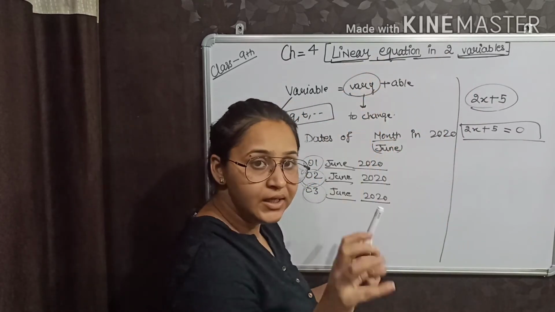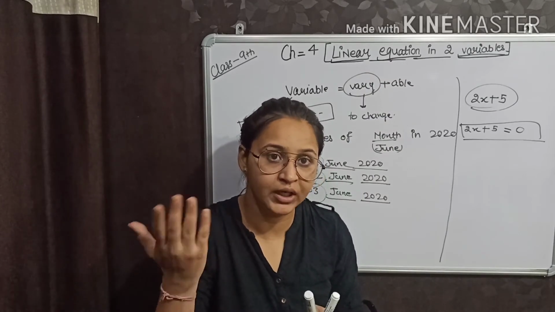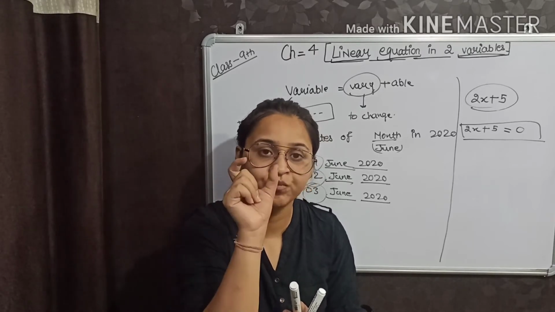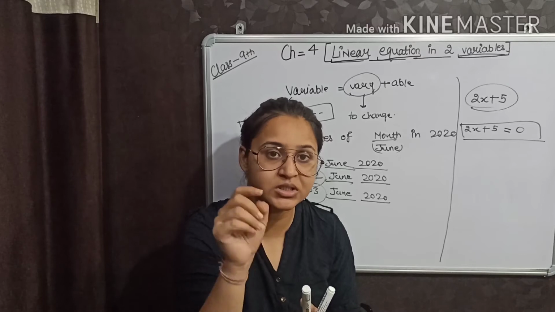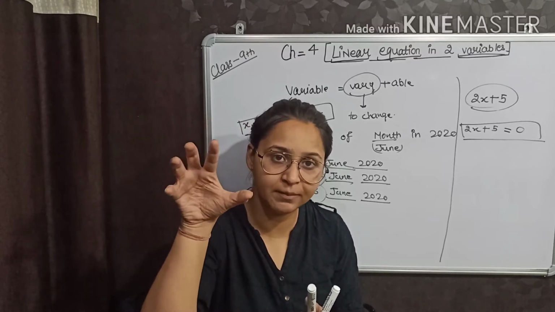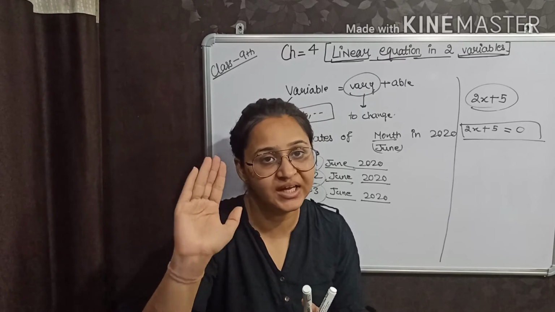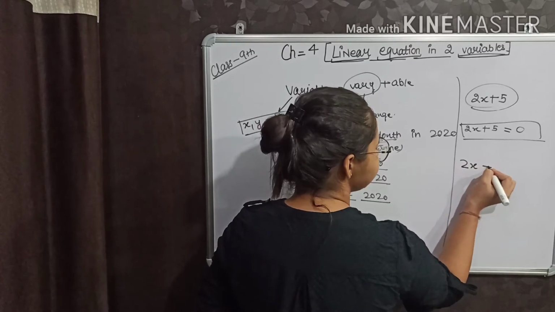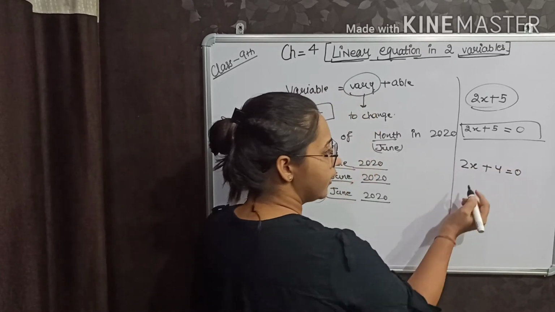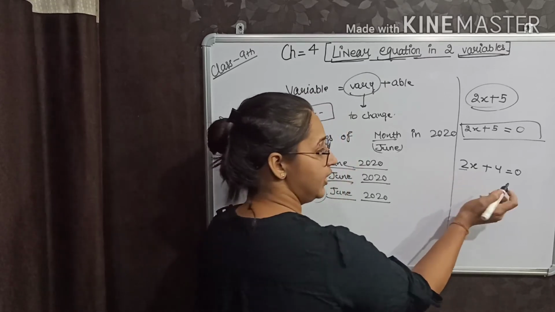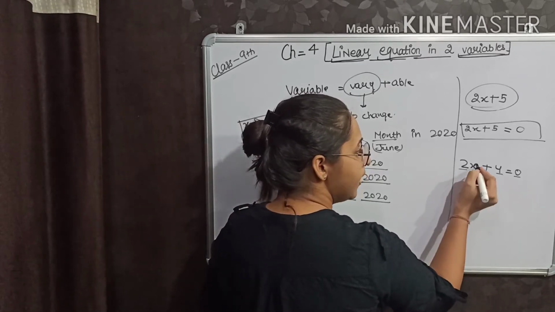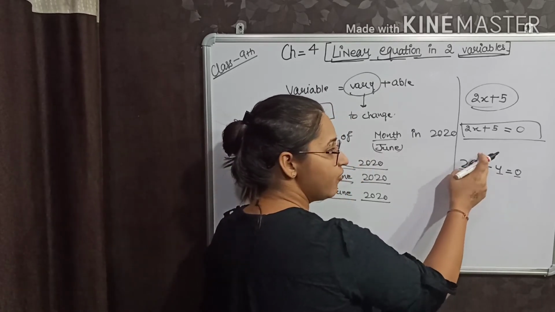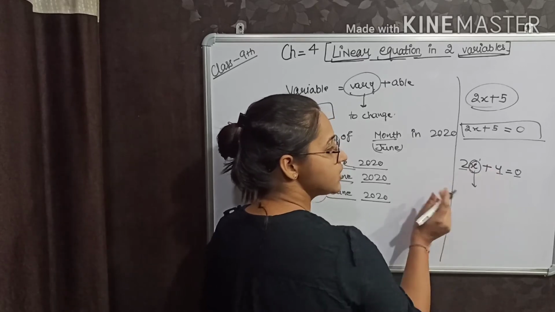Now equation is done, variable is done. Now linear. Linear means, you know the degree. Degree of a variable means its highest power. So if in any equation the degree of variable is 1, it means the power of that variable that is present in equation is 1, then it is called linear equation. I am giving you an example like 2x plus 4 is equal to 0. Here 2 is constant, it will never change its value. 4 is constant, 0 is constant. But x, you can put so many values to x. So x is variable. Now power of variable is only 1 here. So it is linear equation.